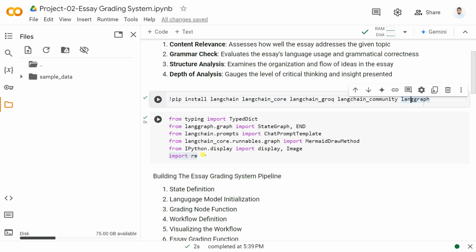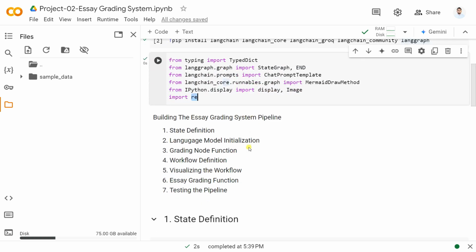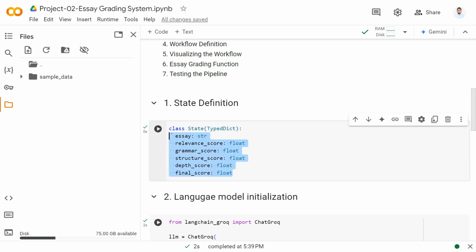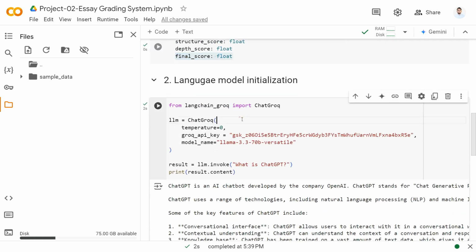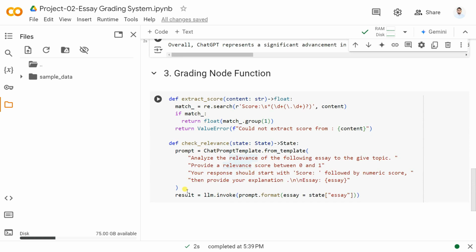और सब लाइब्रेरी को इंपोर्ट किया है। इसके बाद रेगुलर एक्सप्रेशन भी यहाँ पर इंपोर्ट किया है। इसके बाद हमने एक स्टेट डिफाइन किया। स्टेट में फर्स्ट है जो यूज़र की तरफ से आएगा। इसके बाद रेलेवेंट स्कोर जो हम 0 to 1 की बेसिस पर कैलकुलेट करेंगे, तो फ्लोटिंग पॉइंट नंबर होगा। इसके बाद ग्रामर स्कोर, स्ट्रक्चर स्कोर, डेप्थ स्कोर और फाइनल स्कोर जो हम रिटर्न करेंगे। देखो 80% मार्क मिला है, 20% मार्क मिला है, जस्ट लाइक दैट फेल हो गया। इसके बाद हमने लैंग्वेज मॉडल इनिशियलाइज कर दिया यहाँ पर।